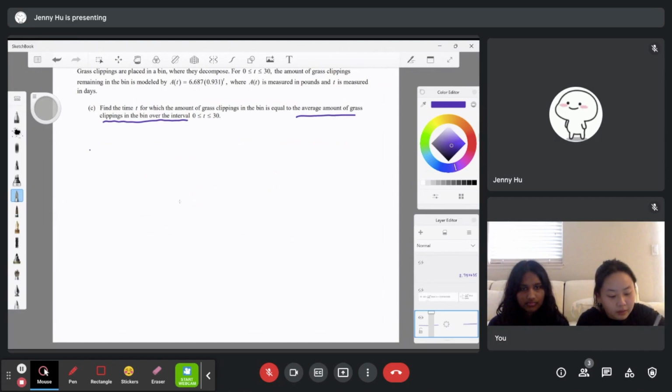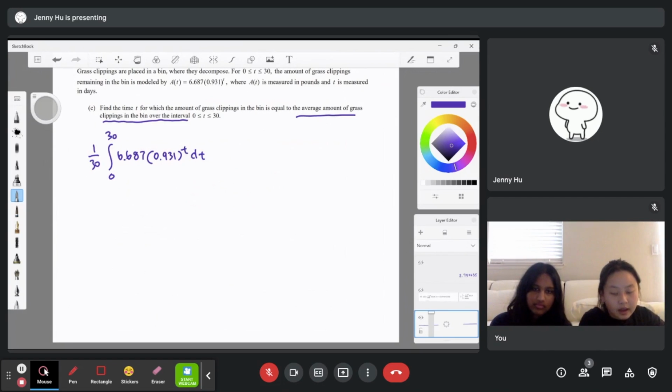So to set this up, we just have 1 over 30 times the integral from 0 to 30 of 6.687 times 0.931 to the power of t dt. And we could just plug that into the calculator, and our answer comes out to be